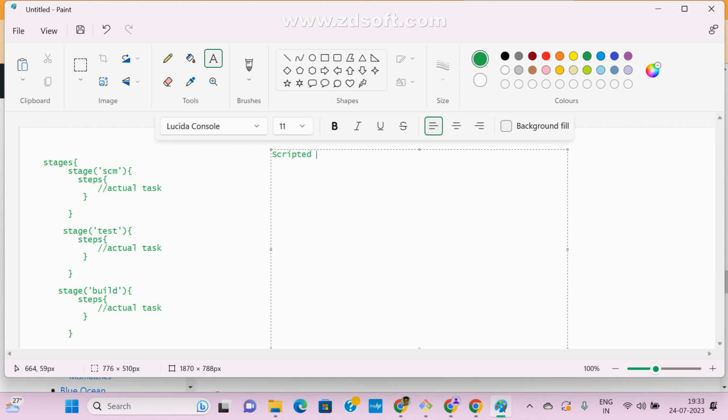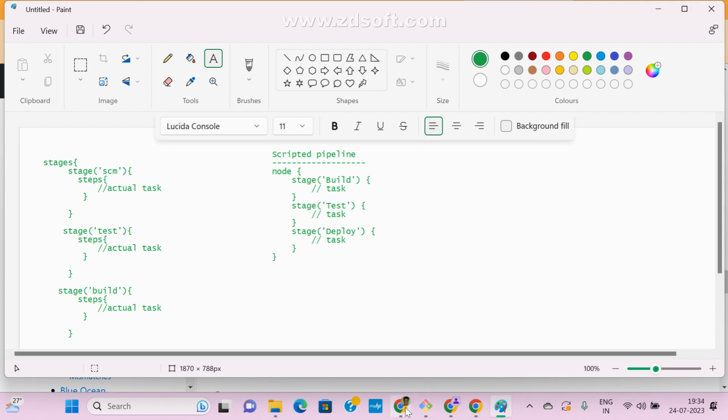This is a scripted pipeline. So what is the syntax? This is the syntax. See here, node, and this is a stage, and this is your task. So this is the actual task. Here we are going to write your actual task. Now if you come to scripted pipeline